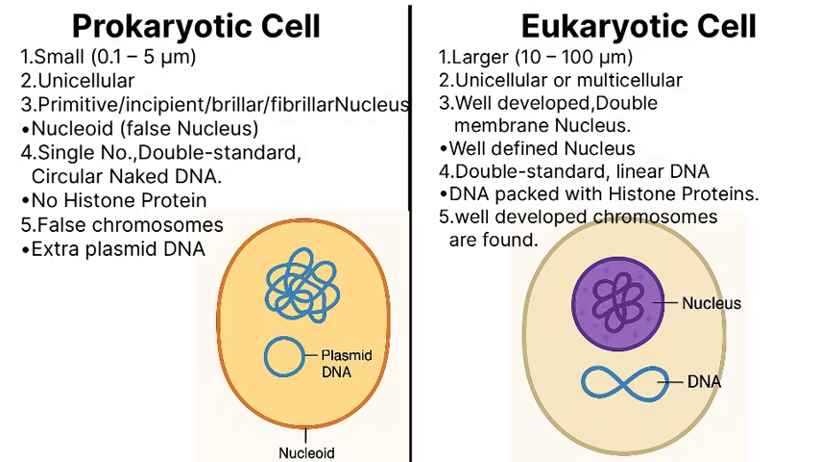So we'll look at the differences. First we have the prokaryotic cell. Prokaryote: pro means the primitive one, karyote means nucleus. So prokaryotic cells are smaller in size, about 0.1 to 5 micrometers. Then we have eukaryotic cells. They are a more complex and modified form of prokaryotic cells. They are larger in size, about 10 to 100 micrometers, and prokaryotic cells are always unicellular, and eukaryotes are unicellular